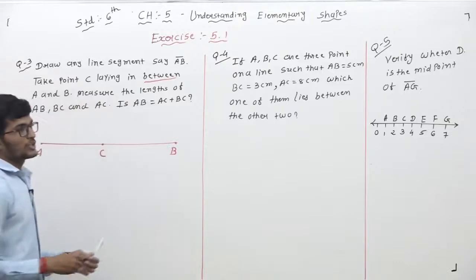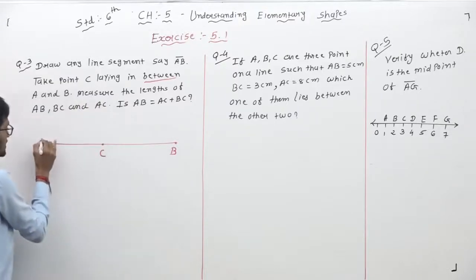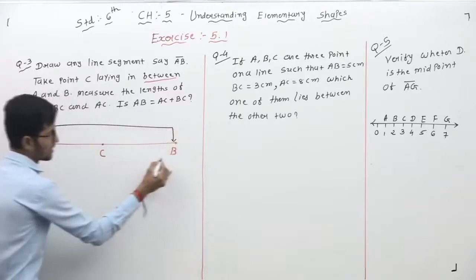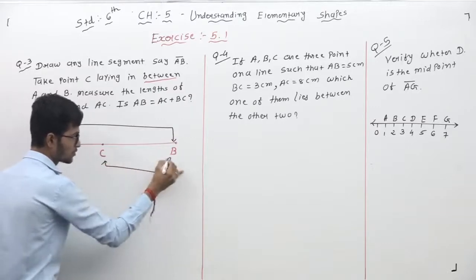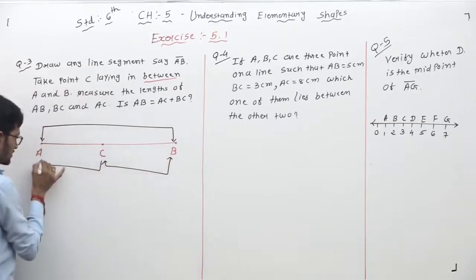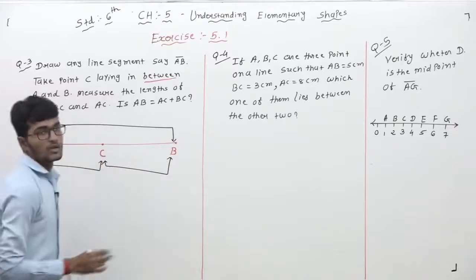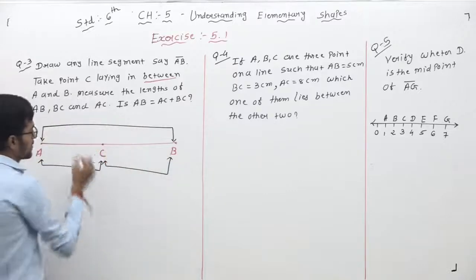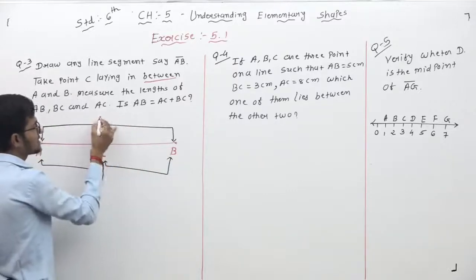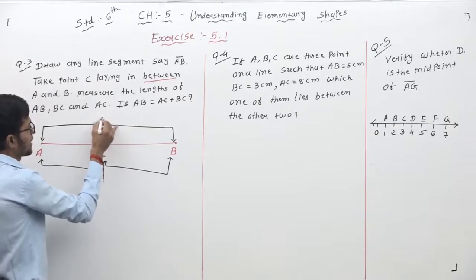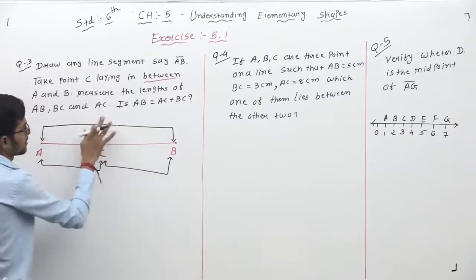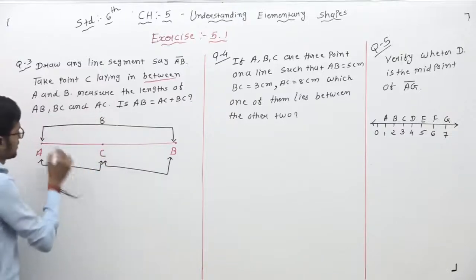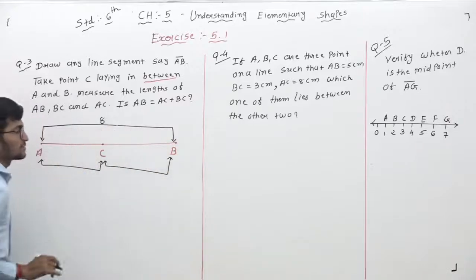So first of all, dear students, you have to measure the length AB. It means from here to here. Measure this line, then measure these two, and then measure from here to here. You have to measure these three lines. Suppose I have to measure this line. We are to measure, and suppose that this line is measuring A.